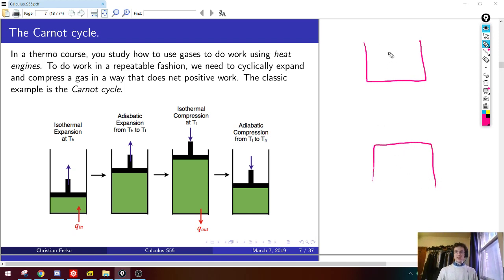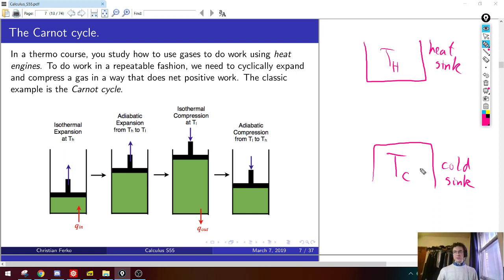By temperature gradient, I mean somewhere over here you have this big heat bath. This is a source of heat which is held at a certain temperature T hot. And then somewhere else you have a bucket of ice or something, a big reservoir of cold, or a cold sink. So we have a cold sink at the bottom, and we have a heat sink at the top. The heat sink is at T hot, and the cold sink is at T cold.